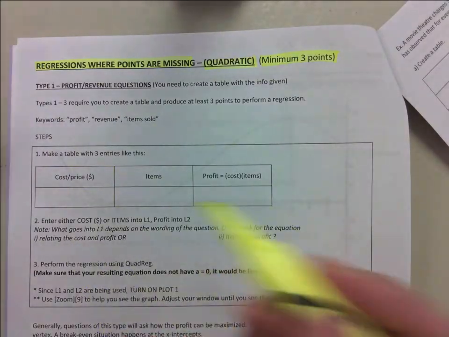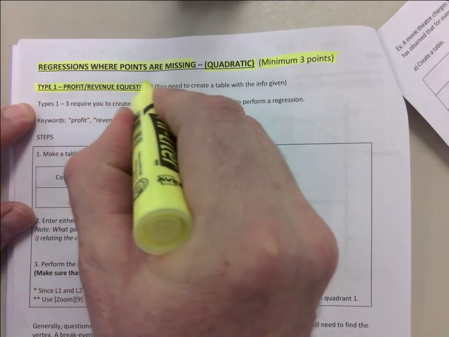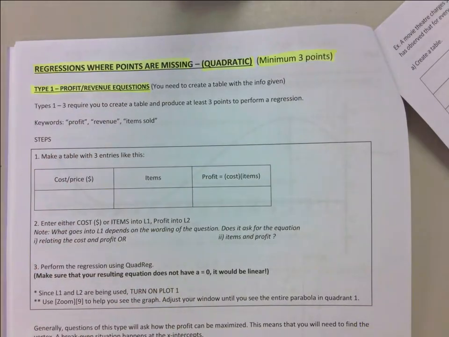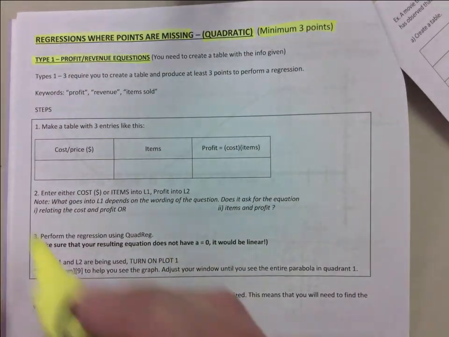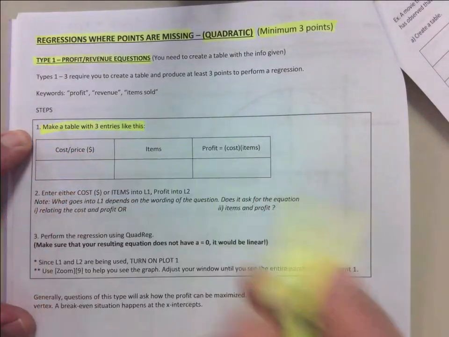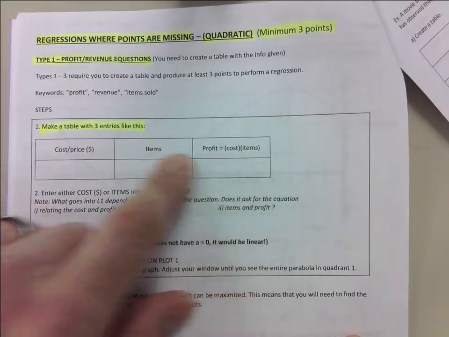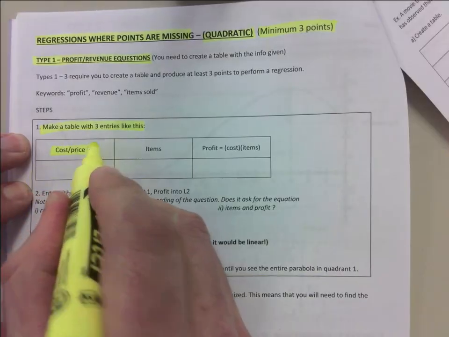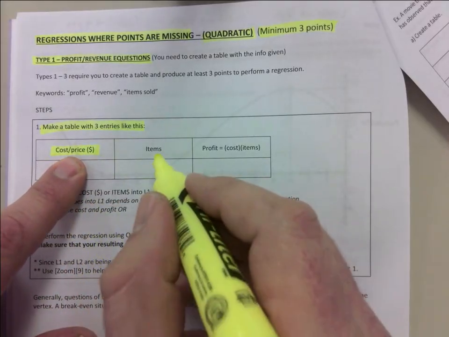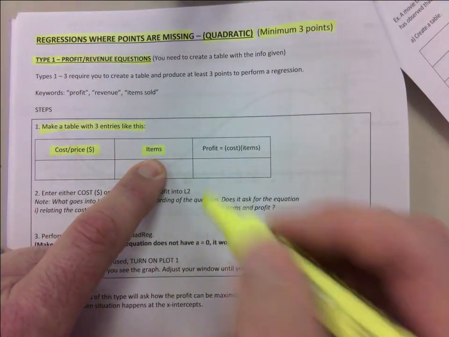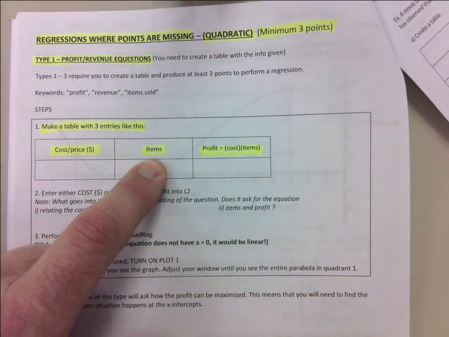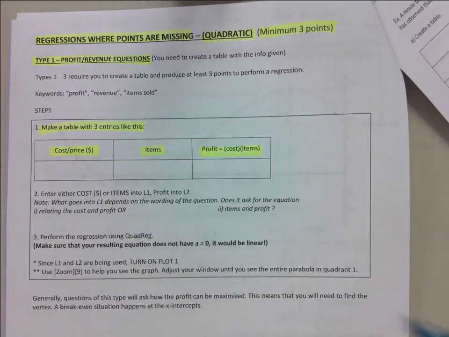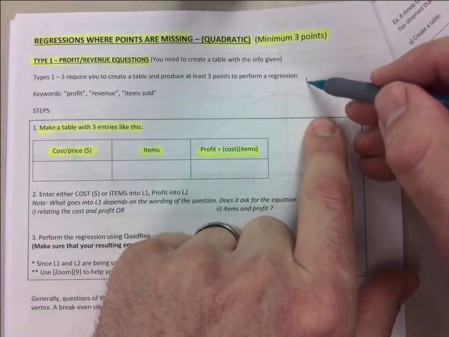The first type that I find, I call it the profit or revenue type of questions. In general, you want to make a table with 3 entries. I'm telling you that the province often has a table that you just need to fill in. But it consists of the cost or price per item, the number of items you're going to sell, and the profit column at the end, which is cost multiplied by the number of items. And just briefly, for some of you that haven't been exposed to this before,